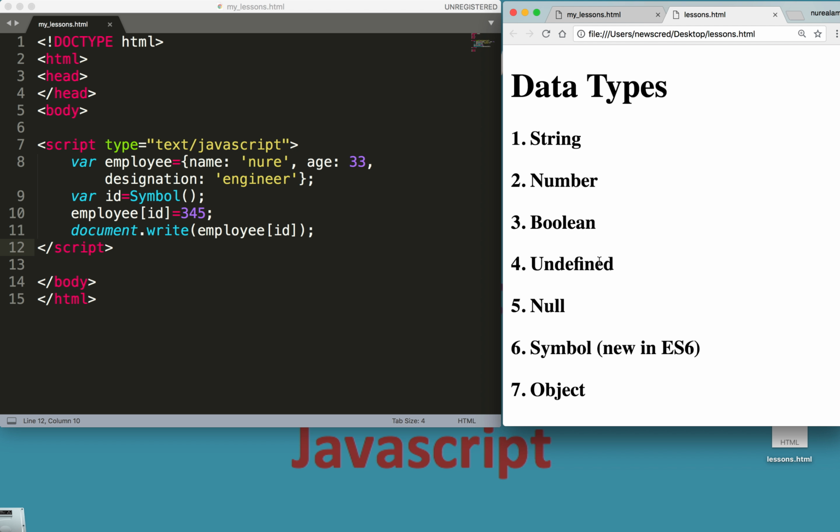Undefined, a variable but its value has not been assigned yet. Null, no value. Symbol and object, properties and their values, key values. In the next video, we will discuss variables,